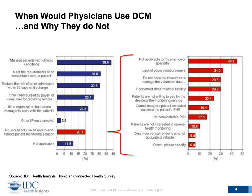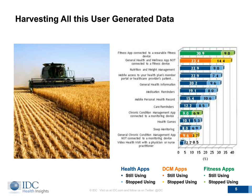And actually, when you talk about that volume of data, I had a conversation with a medical director from a Midwestern hospital, and how do we, we're going to get all of this user-generated data. What are we going to do with it? And so he described this story to me about how one of his patients was being tracked for a condition and needed to stop a couple of times through the course of the day and take a reading with a pulse oximeter. And being in the Midwest, he actually was a farmer and was literally going to go out and plow the back 40. And so his wife was concerned that he would not stop regularly and take the reading